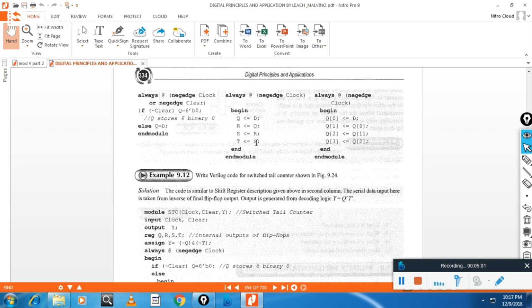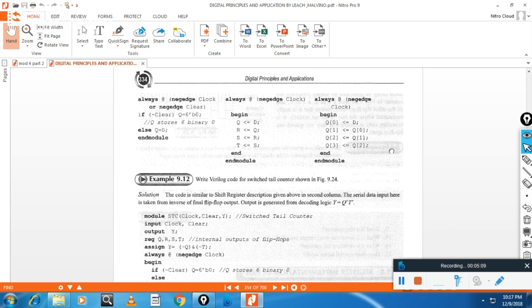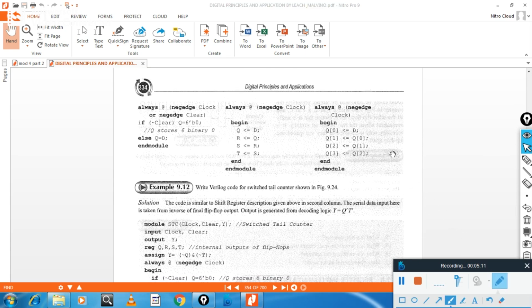So in that case, Q can take D, R can take Q, S can take R, T can take S. This is the output Q, R, S, T of each stage in SISO. D is shifted to Q, Q is shifted to R, R to S, S to T, and this is the way of writing that.